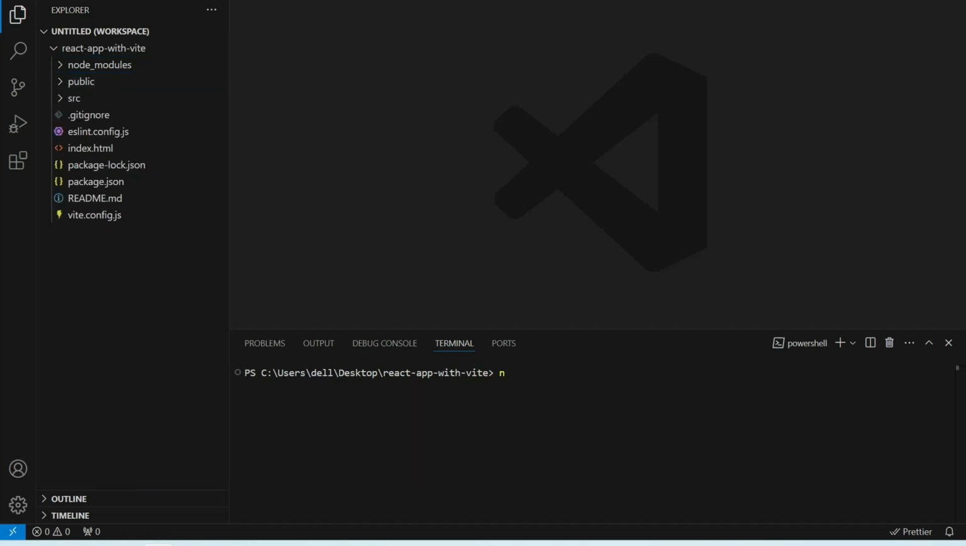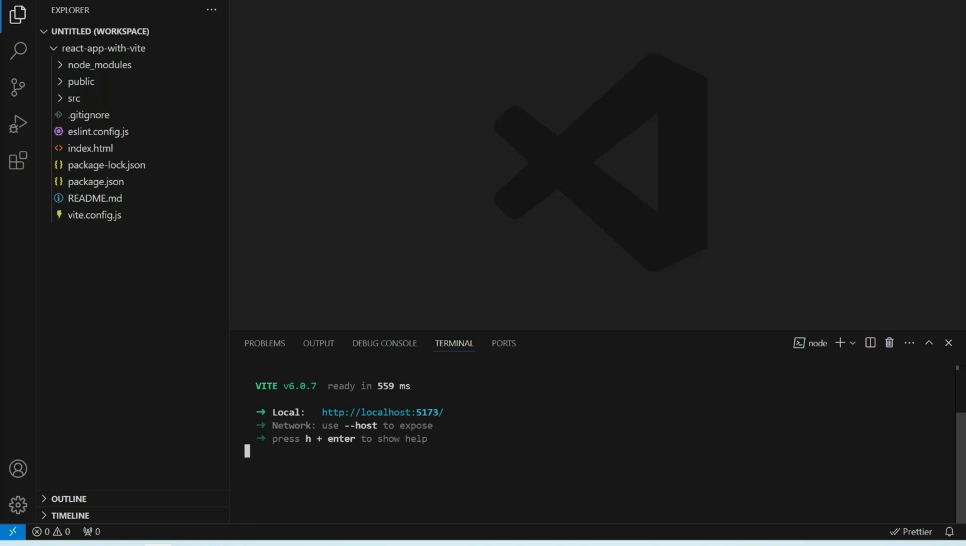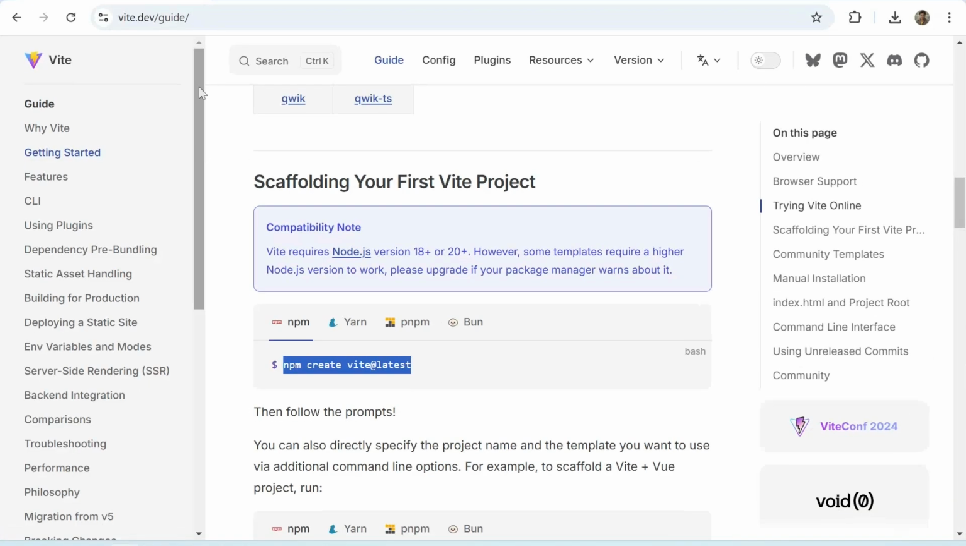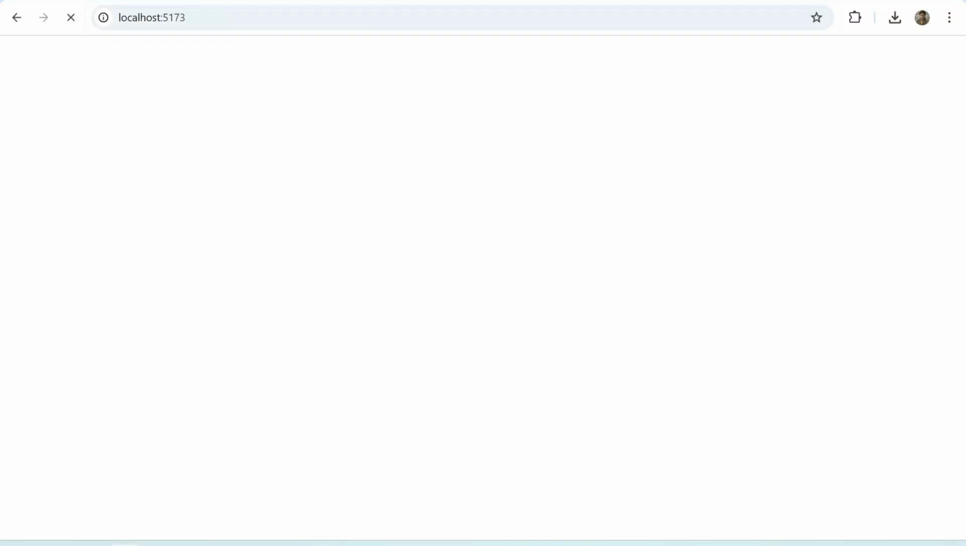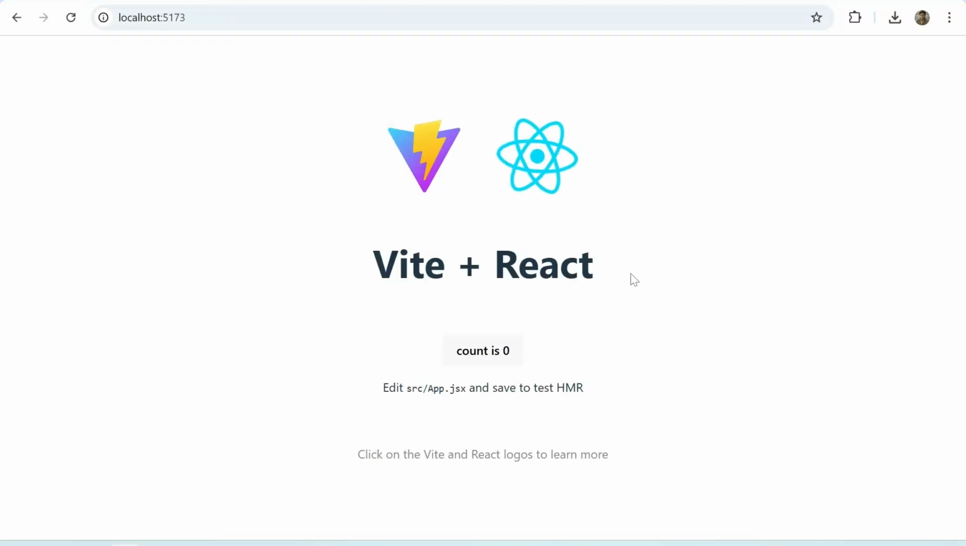Now check npm run dev. Now we will validate. Copy this link and paste in browser. Here we can see Vite plus React. The project got